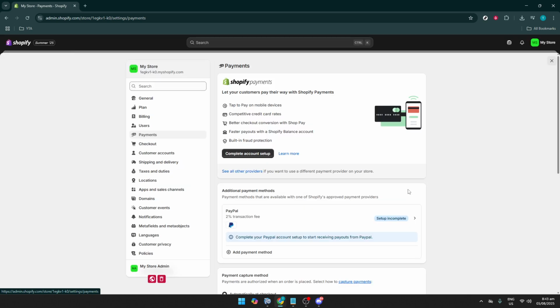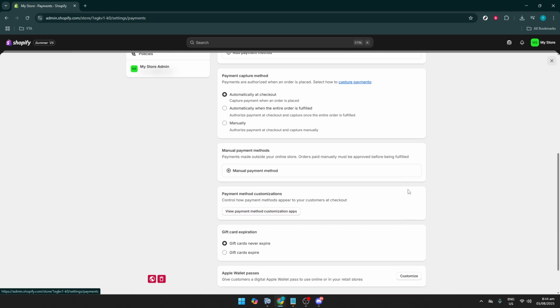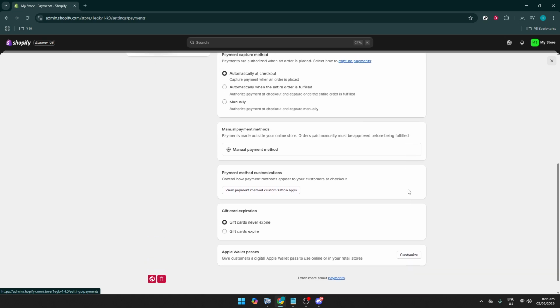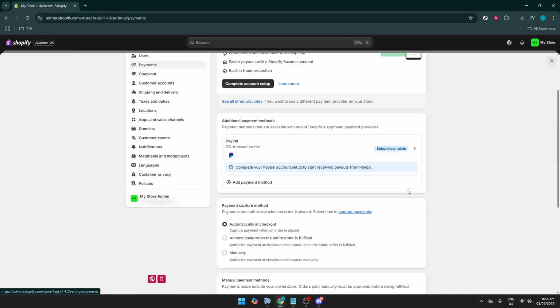At this point, your Shopify payments should be fully set up and ready to start processing orders. This method not only streamlines your store's back-end operations, but also enhances the checkout experience for your customers. And there you have it, a simple, straightforward approach to setting up Shopify payments. This foundational step in your e-commerce journey ensures that payment processing is efficient and reliable, leaving you more time to focus on growth and customer